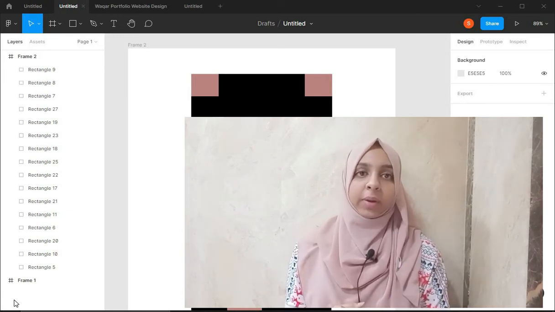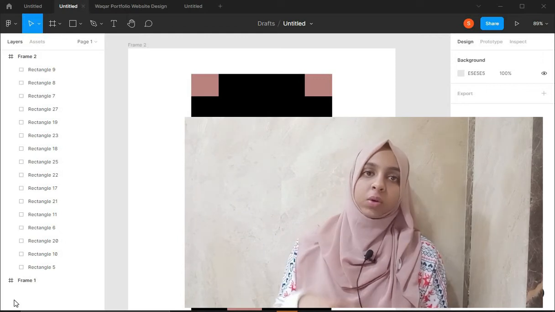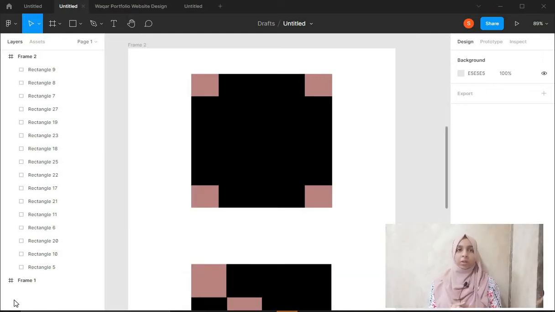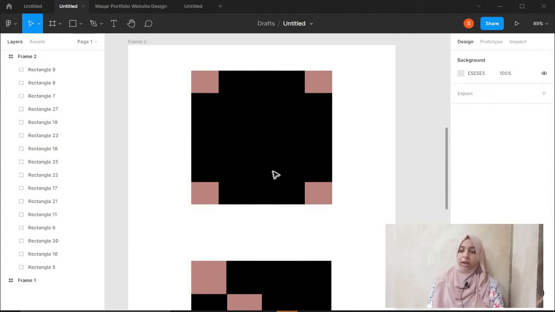Hello guys, my name is Sharmin and today in this video we won't be learning about a new topic or something. Today we'll be practicing how we can use position absolute and relative together. So we will be looking at these three examples over here and we'll be solving all of them one by one, and we'll be seeing how we can use position absolute and relative together. So without wasting time, let's start.